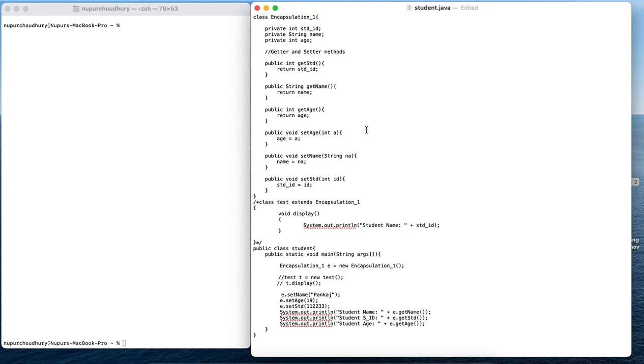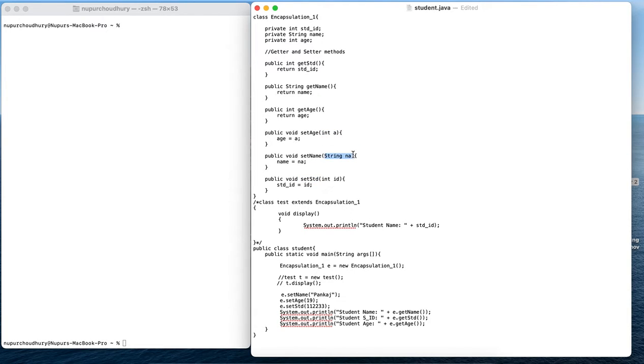The next important factor is that we have to introduce some public methods in order to work with this data. So we have getter and setter methods. Getter methods are used to view the data, and setter methods are used to manipulate the data. Let us consider the setter methods first. Here I am introducing three different setter methods along with the arguments they can hold.